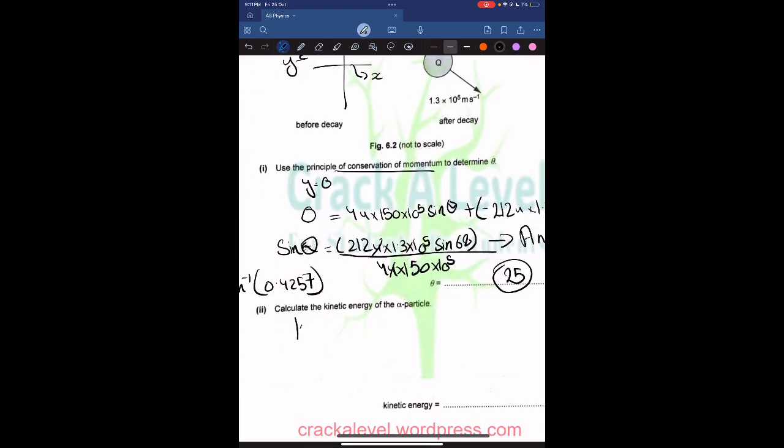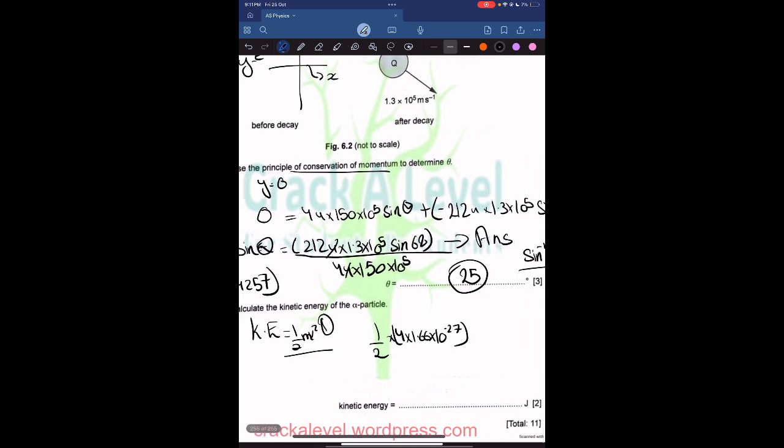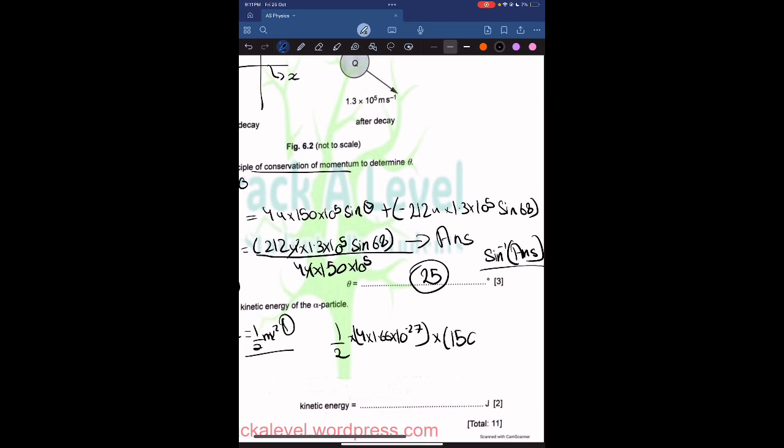Energy of the alpha particle: we know that kinetic energy equals half mv squared. Please do write this formula. I've seen in the marking scheme that majority of students avoid it. Even if you have the right answer but didn't write this, you will not get the full mark. So write the formula beforehand. It's going to be half into 4 into 1.66 × 10^-27 into 150 × 10^5 squared. I'm getting my answer to be 7.5 × 10^-13. So 7.5 × 10^-13. If you have any query